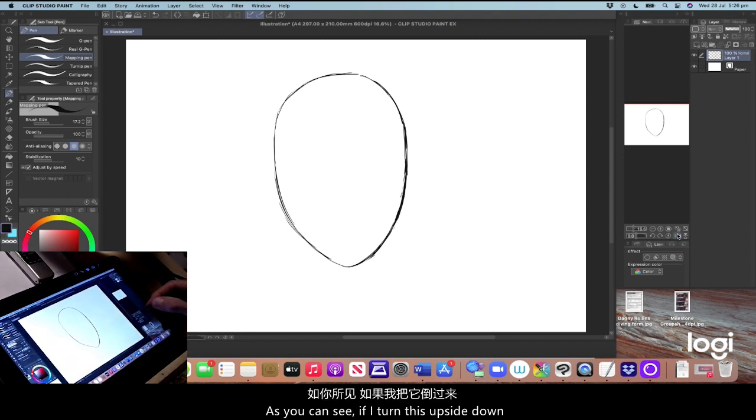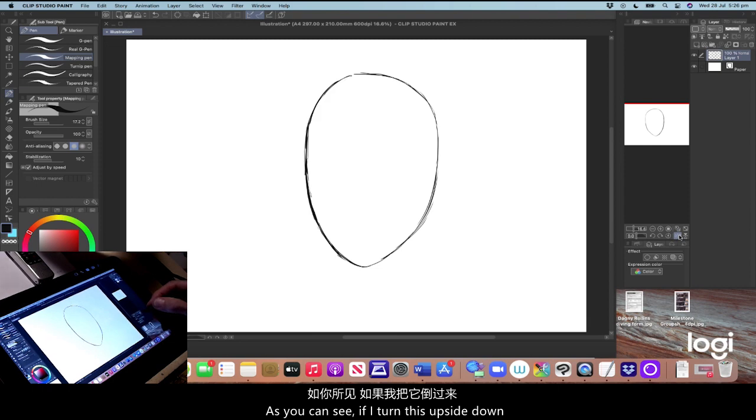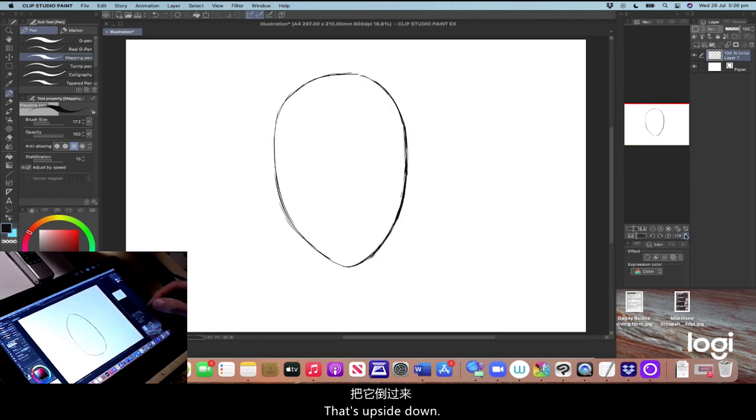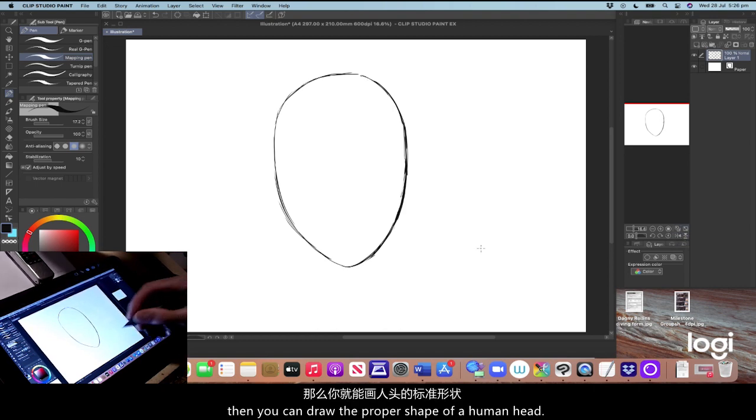As you can see, if I turn this upside down, it looks more or less like an egg. That's upside down. That's right side up. If you can draw an egg shape, then you can draw the proper shape of a